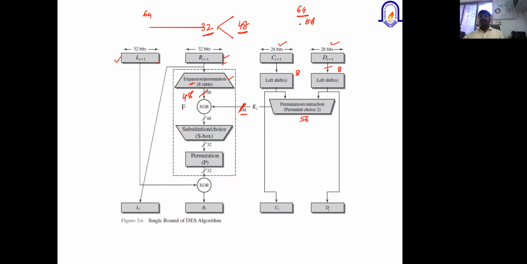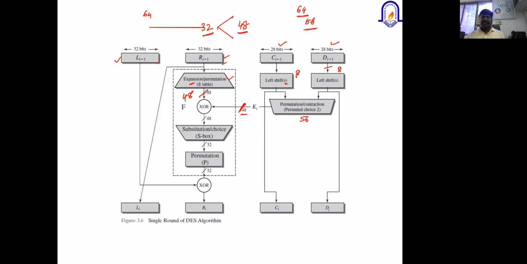Before that, of the 64-bit key we are going to use only a 56-bit key. This 56-bit key is divided into two halves of 28 bits each, and each half is left shifted by S. This can be decided by the programmer.